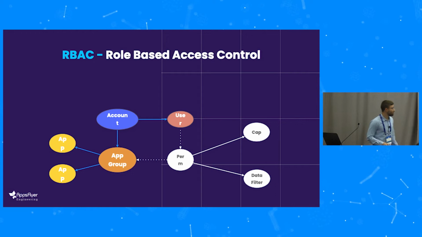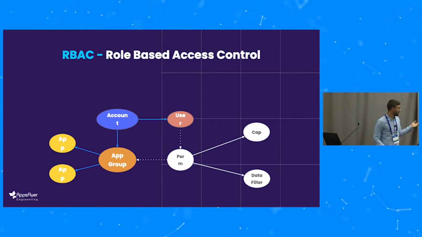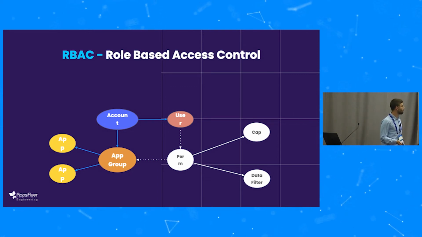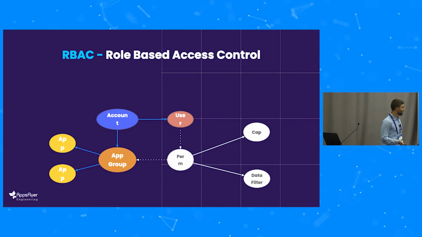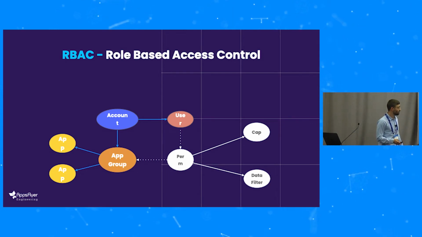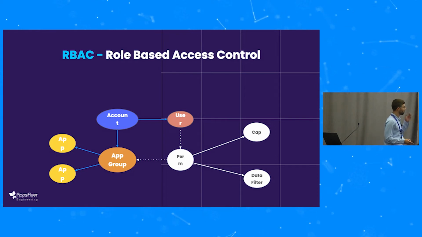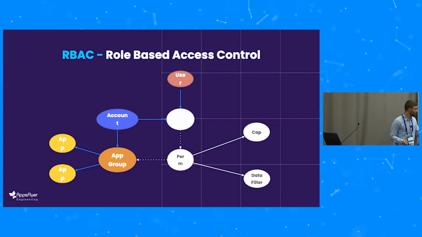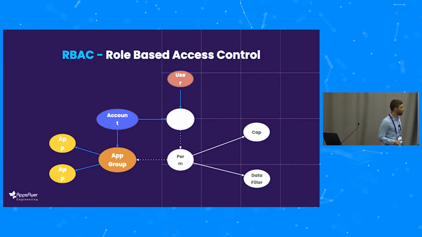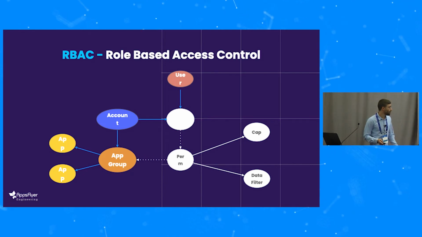Another benefit is the ability to support role-based access control over the graph. So let's start from the graph that we had before, and let's say we want to allow our users to control their permissions via roles, which gives them a much better user experience. What we do is just remove the user entity and replace it with a role entity, and the user still belongs to the account. And now the user is assigned to a certain role. All the permissions are managed by roles. So we get role-based access control that manages the permissions on the graph.